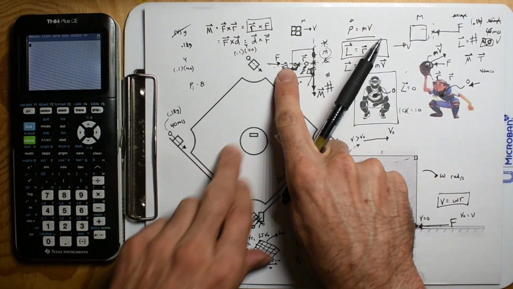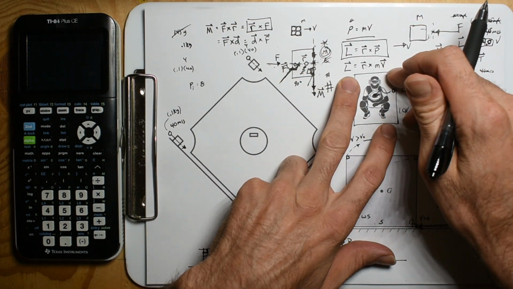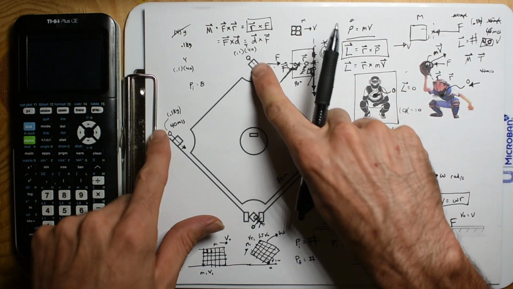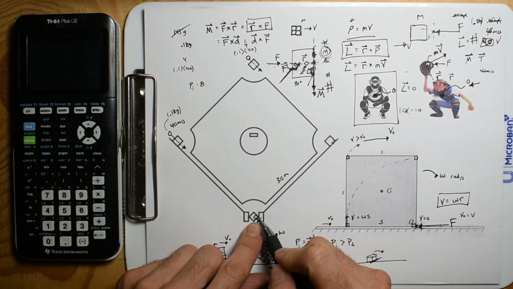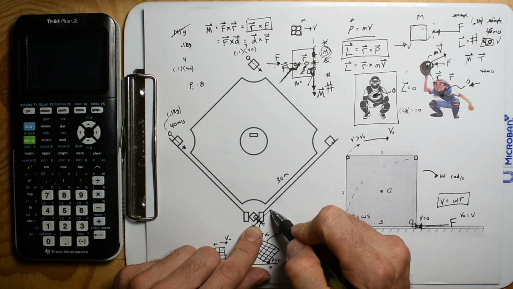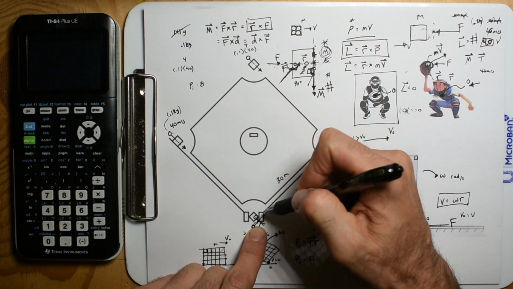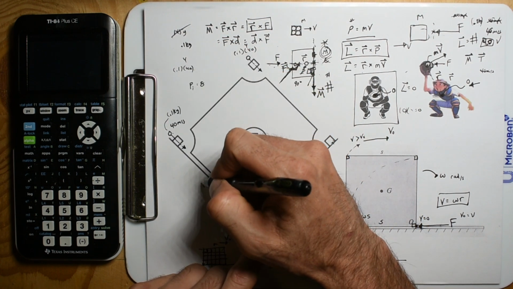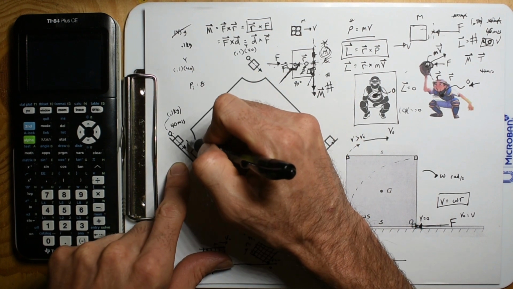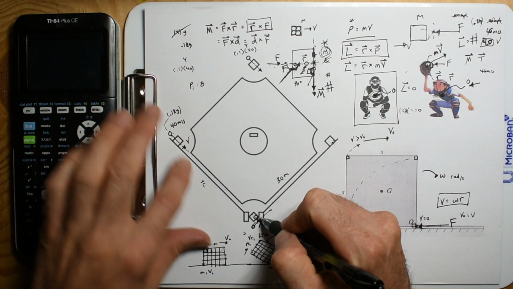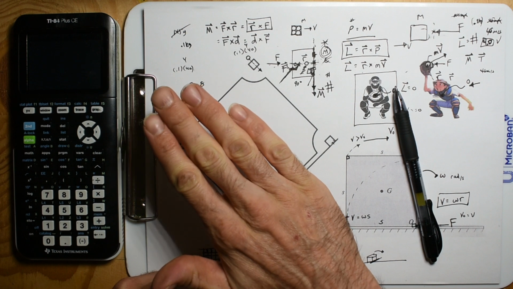But only one of these forces is causing a moment. The same thing with angular momentum is that both of these have a mass and velocity. But look at this. This one's in line with the center of mass of the catcher. So there is no distance this way or that way. So the distance to this one, and, well, sure, you could say, isn't this the distance to that? So let's say this is R. Well, yeah, this is the distance to this baseball. But guess what? The velocity is in this direction. So if we did the right-hand rule, we would be putting our hands in the direction of this baseball, but then